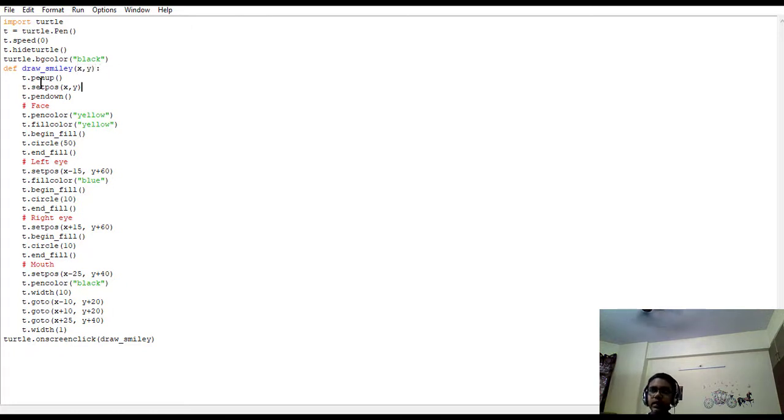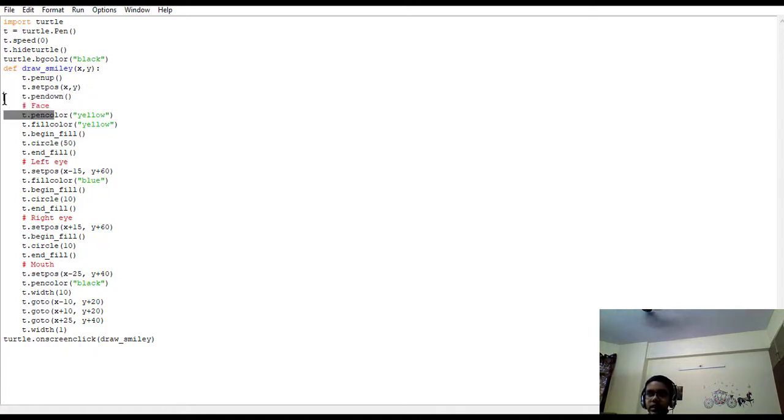In this, first the turtle will pick the pen up, so I will use the t.penup function. Then we will set position to x and y, so that can be anywhere on the screen. Like I showed you that I can click anywhere, so there should be x and y. Then we will put the pen down by t.pendown to start drawing.